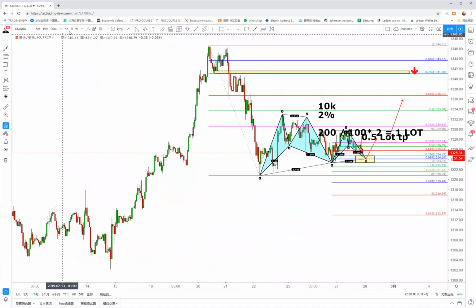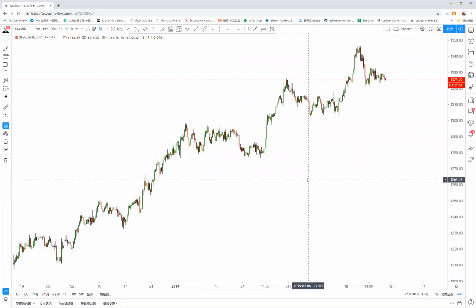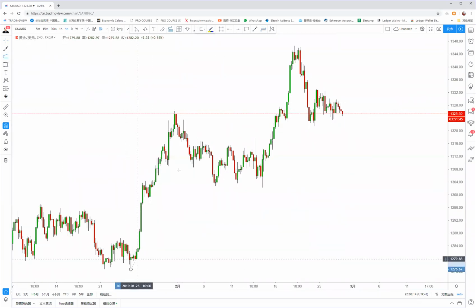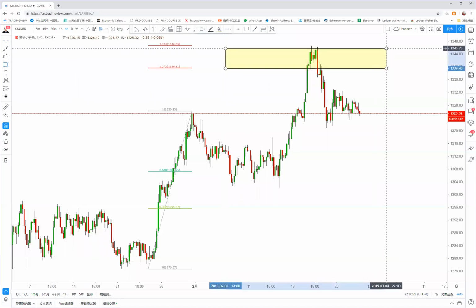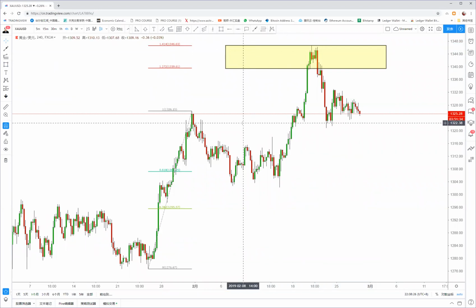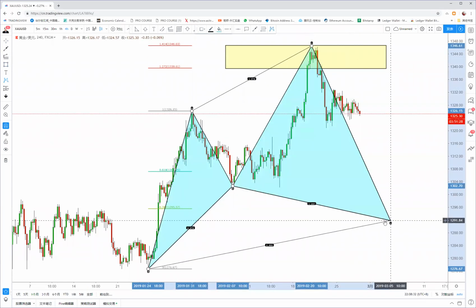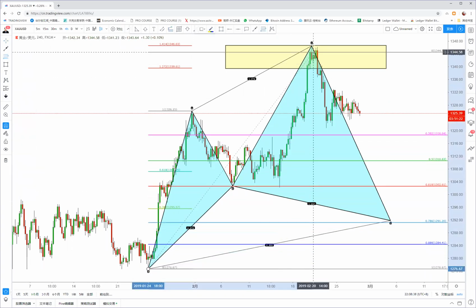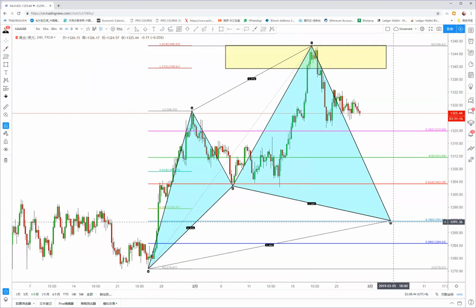Yeah, let's talk about the long term. Long term wise, in the 4-hour chart, we have to measure some Fibonacci levels. The first level I'm going to use would be this leg, from here to here, and back to the origin. We can find that the gold has reversed from the 1.272 and 1.44 extensions, and hereby we can see that there's a potential Cipher pattern. The Cipher pattern tells us that the gold may retrace 78.6% of the entire X to C,